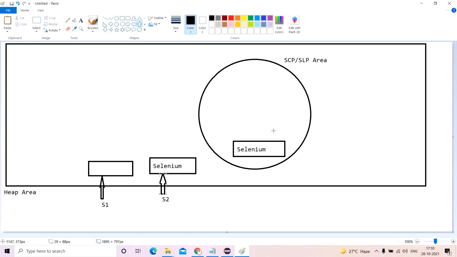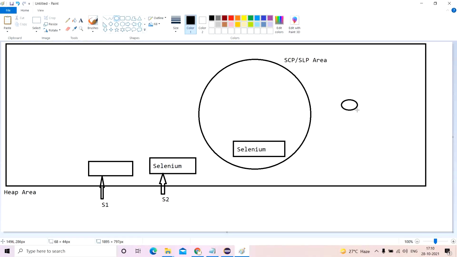So now something also has to refer to this particular object. Who will refer to it? By default, the Java Virtual Machine creates an internal reference which points to this particular object inside the SCP or SLP area. It is a hypothetical creation.